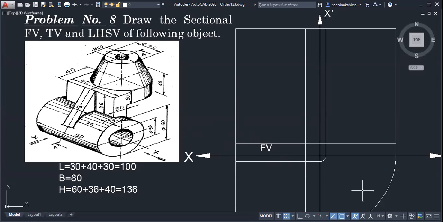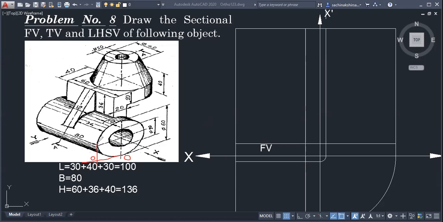So here I will check. From here you have to draw a vertical line, and from here a horizontal line. The intersection of these will be the origin in this problem. Why? Because if we locate the origin at this point, the object will go out of the box. That's why we have to locate the origin like this. Are you getting? So in this way we have to locate the origin.